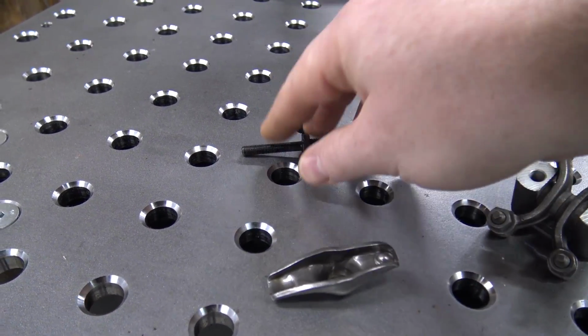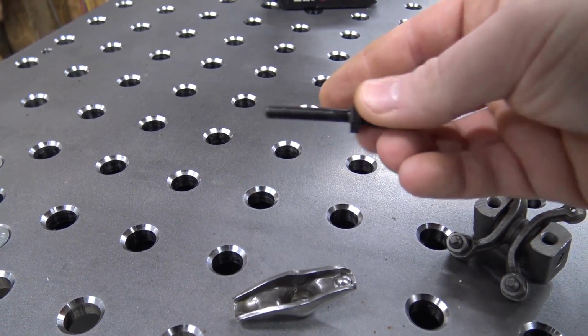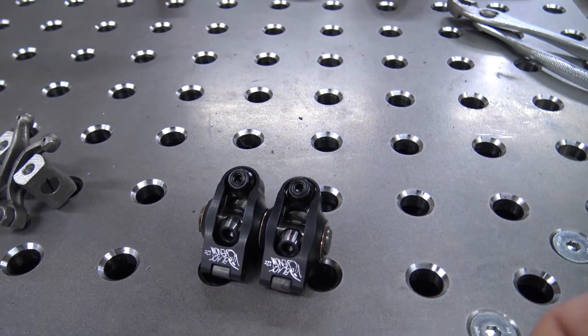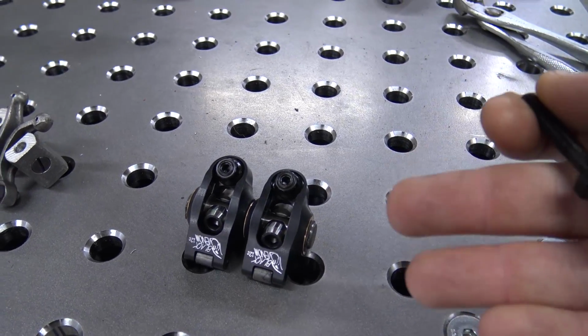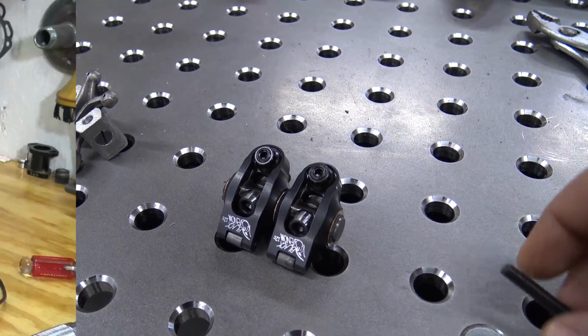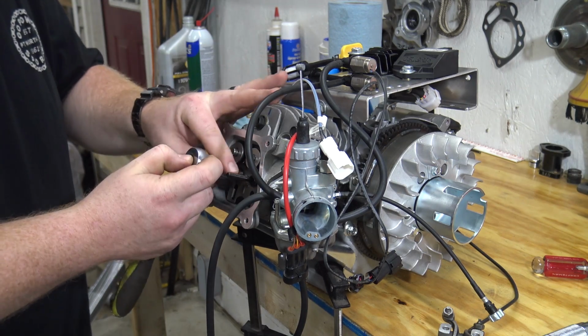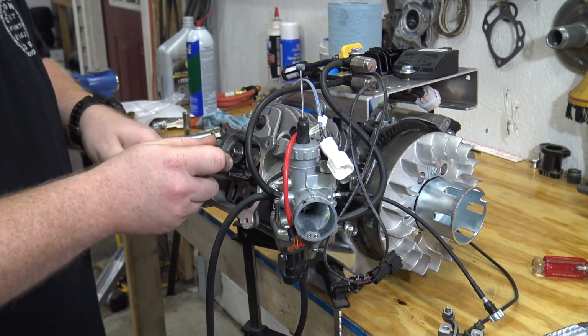So all we have to do is remove the rocker studs out of the block, and we can put some Loctite on these bolts and bolt them in, and have up to 1 horsepower gain just from losing that friction. Those puppies are in there quite a bit. I'm almost scared I'm gonna